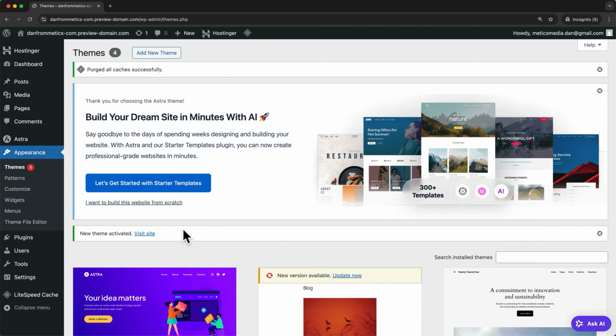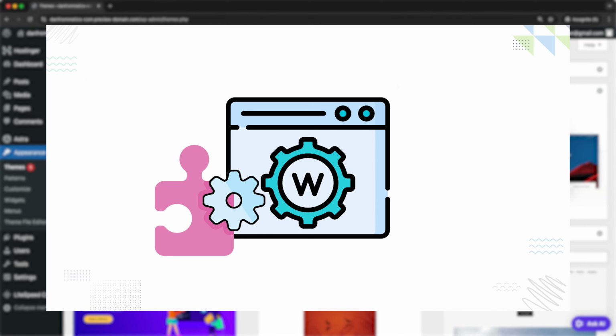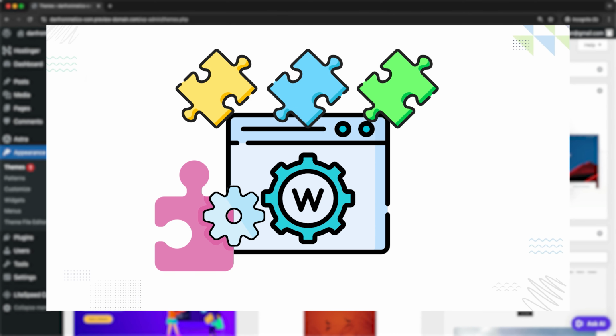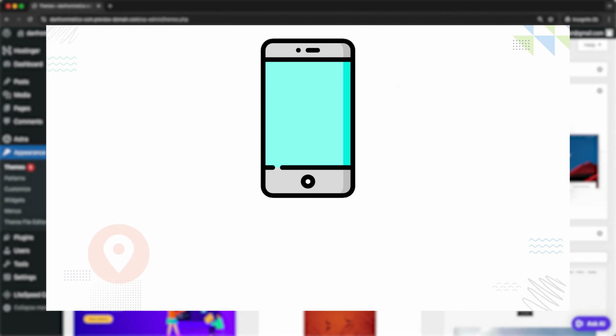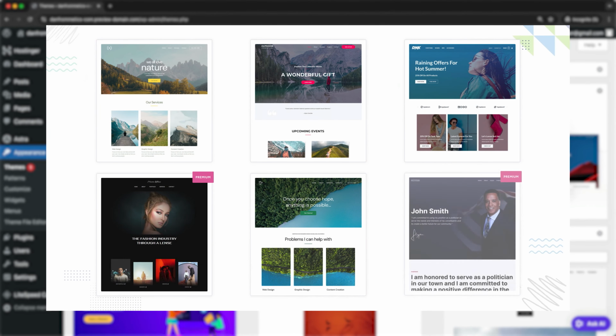Next, we'll install a plugin called Starter Templates. Plugins are extensions that can be installed on your WordPress website. Each plugin lets you add new features to your WordPress website, similarly like apps on your smartphone. The Starter Templates plugin will give us access to hundreds of free website templates that will make designing our website